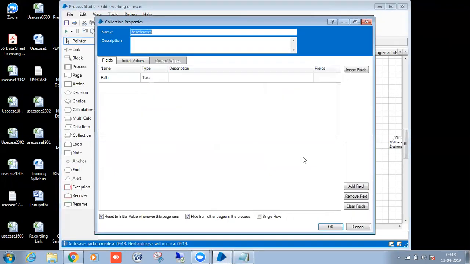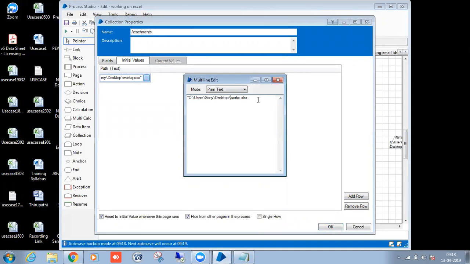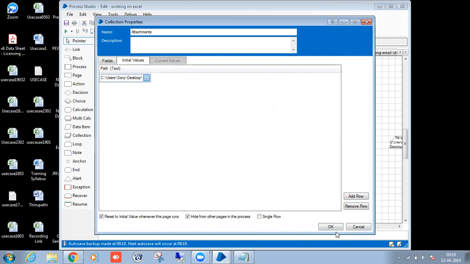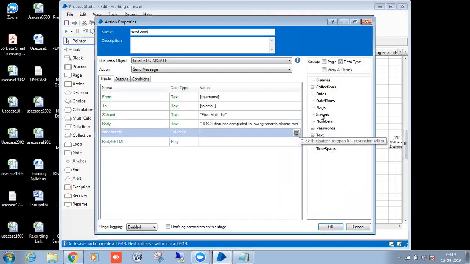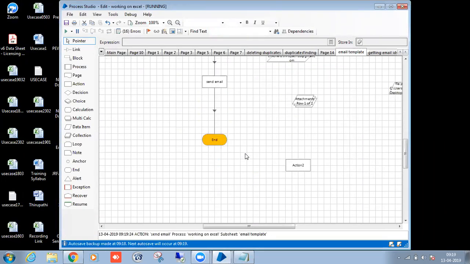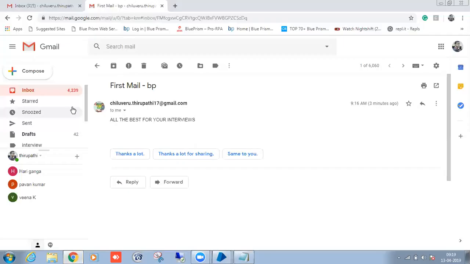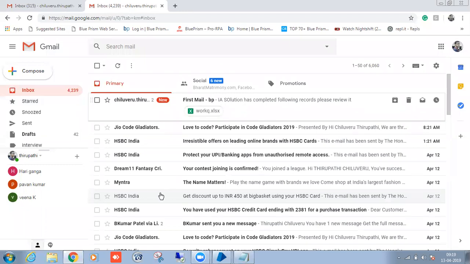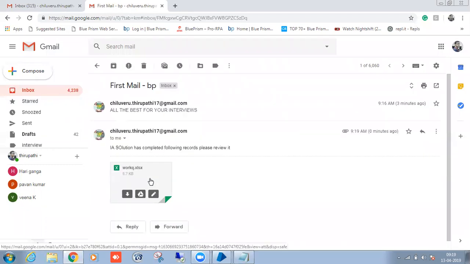Copy as path. Okay, with attachment. Questions?